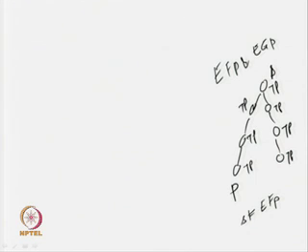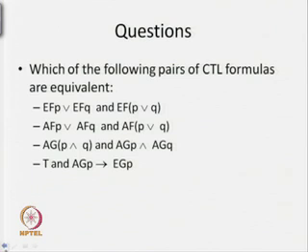So, in this particular model, in S, I am getting EFP, there exists a path in the future where P holds. But for EGP, I am not getting any path where in all states not P will be true. So, at least I am coming up with one example where in this particular state one formula is true, but the other one is false. So, in this case I am not going to say that these two are equivalent. These two formulas are not equivalent.